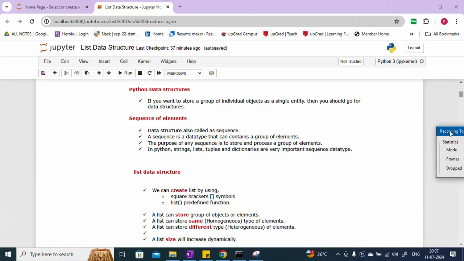But here there is a restriction. I cannot take more than one variable. I have only one variable, that's A. By using that variable, can you store more than one value? Not possible. That is the reason why we go ahead and start using the data structure so that we can